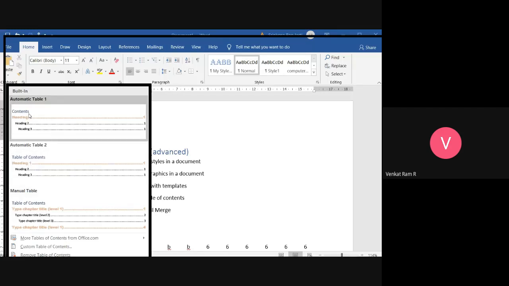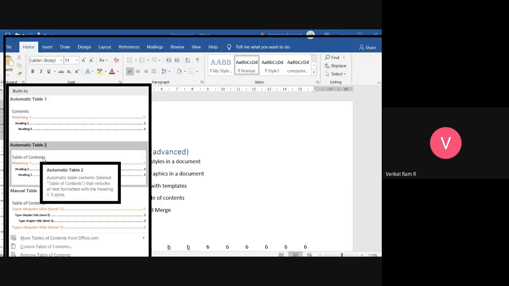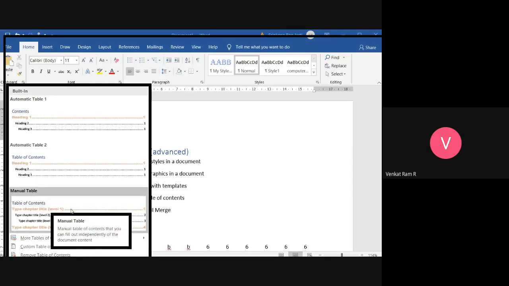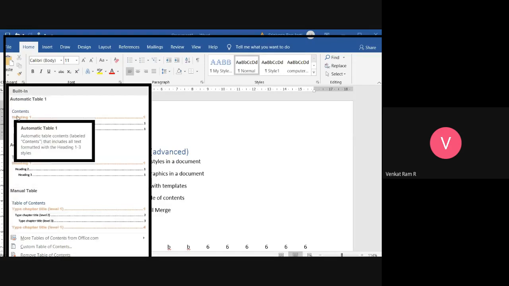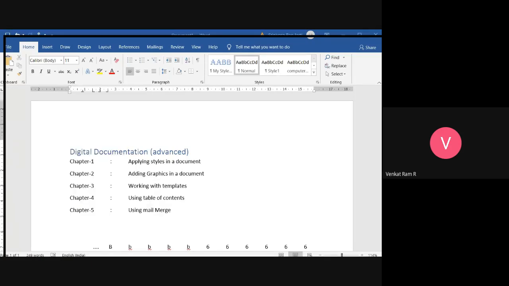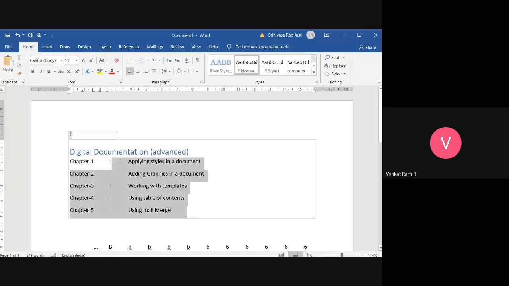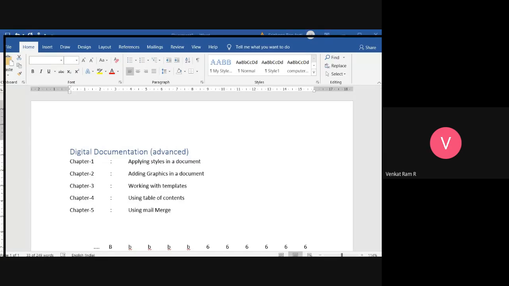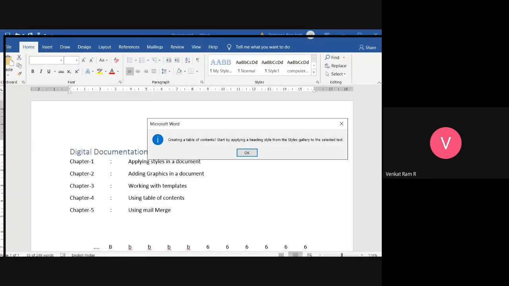Automatic table 1 and automatic table 2 are inbuilt contents, whereas the manual table is one where we have to type some changes and make it ourselves. Suppose I am selecting the first one.